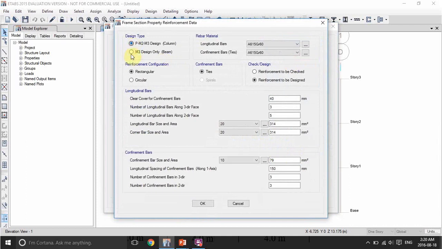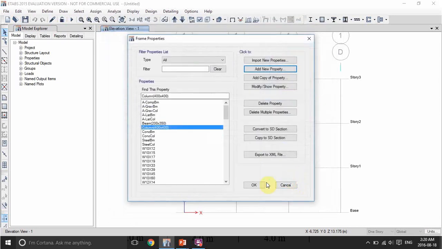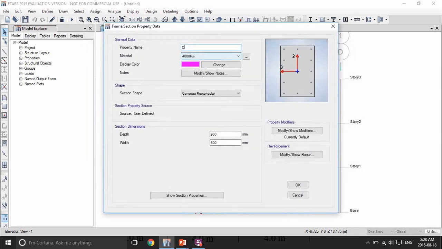For the reinforcement, this is column, rectangular, ties, choose steel as reinforcement, steel 400 megapascal. You can adjust these values as well if you like, but keep it as default for now. And okay. Of course, you can define other beams and you can define other columns. And let's take an example. Let's define another column dimensions. Let's say column